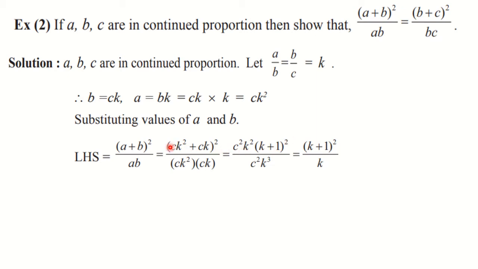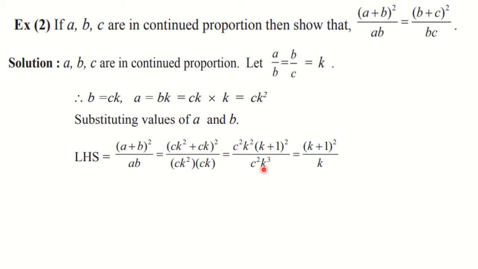Okay. Previously what you were having inside the bracket? CK, then bracket K plus 1 and whole square of that. So we are squaring each and every term here. C square, K square and K plus 1 the whole square. Okay. And here multiplication is done. C into C, C square, and K square into K is K cube. Now you can cancel here. See, here and here. You cannot cancel here because it is in bracket. So what you will find here is C square and C square is cancelled.